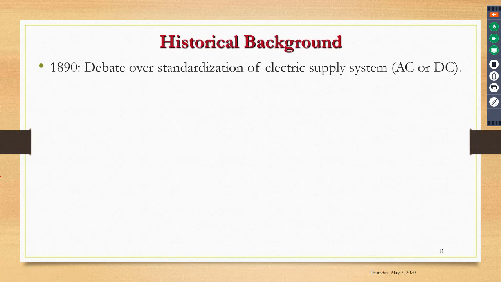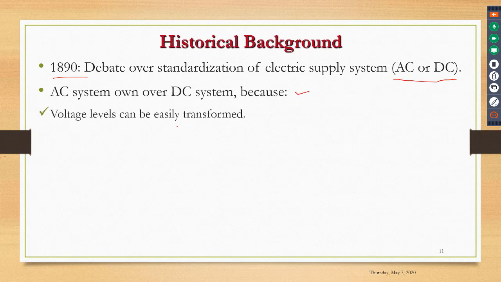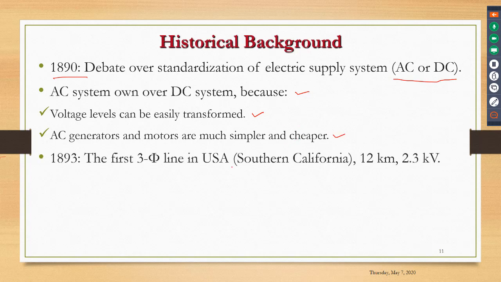Then in 1890, the debate over standardization of the electric supply system took place, whether we should adopt AC or DC. Then finally, the AC system won over the DC system because the voltage levels can be easily transformed, and the AC generators and motors are much simpler and cheaper. Because of these two facts, the AC system won over the DC system. Then in 1893, the first three-phase line in the US, in southern California, 12 kilometers, 2.3 kV, was developed,